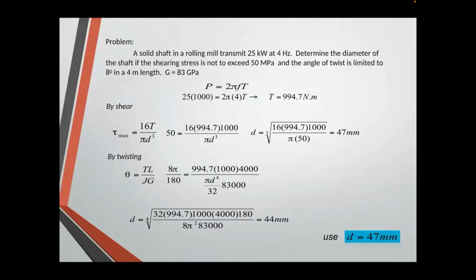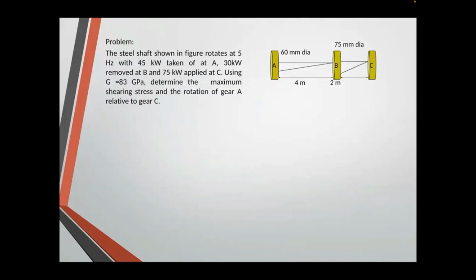Yeah, so let's have another example. The steel shaft shown in the figure rotates at 5 hertz with 45 kilowatts taken off at A, 30 kilowatts at B, and 75 kilowatts at C. Using G is equal to 83 gigapascal, determine the maximum shearing stress and the rotation of gear A relative to